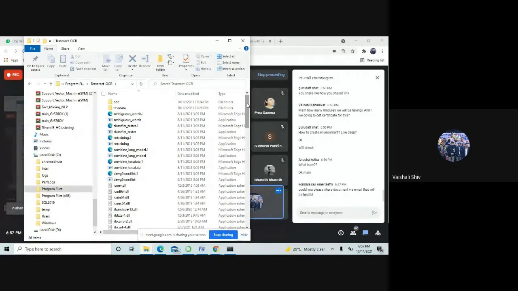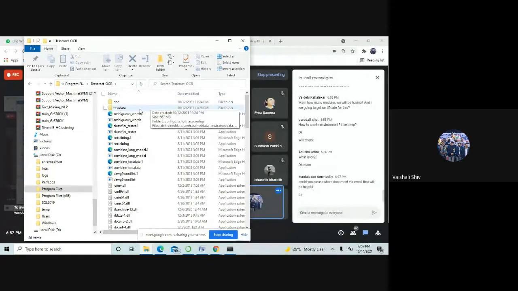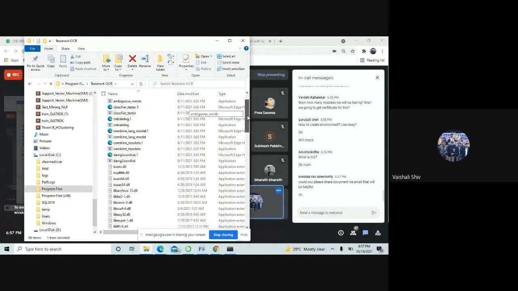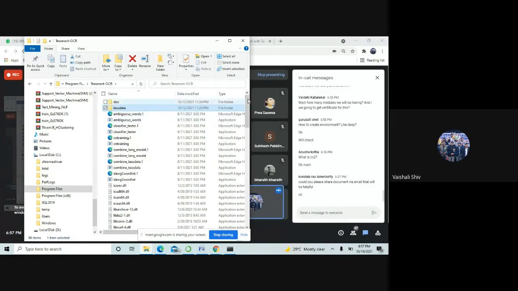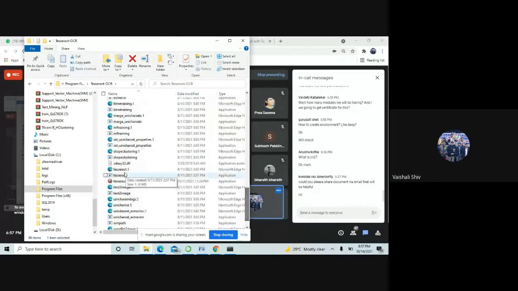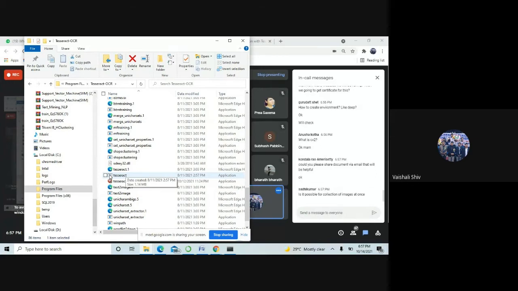So see this test data. It is there, and you have to remember this folder, and this file, test act. It is not a collection of images; one by one image you can extract the text.